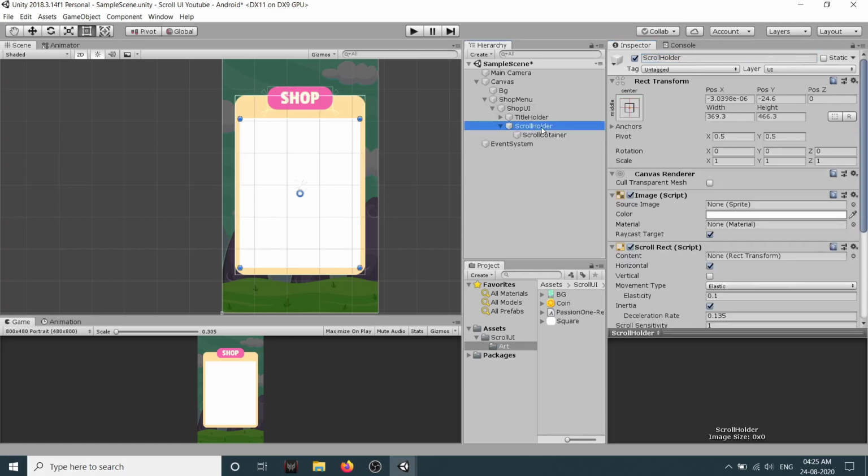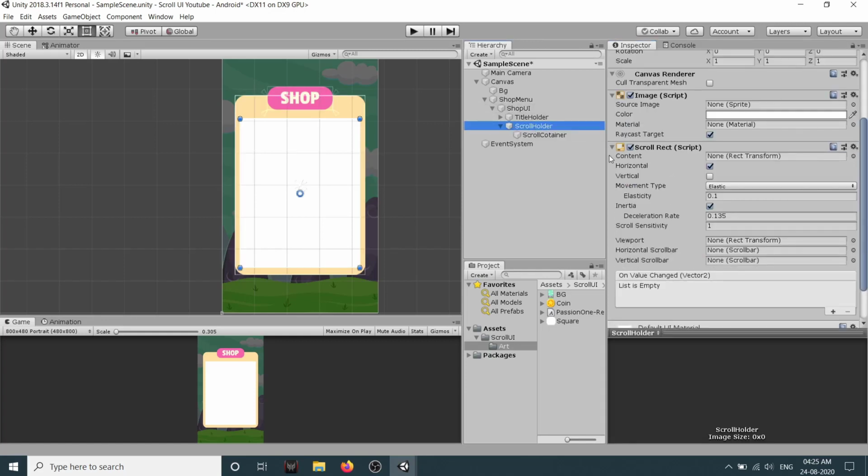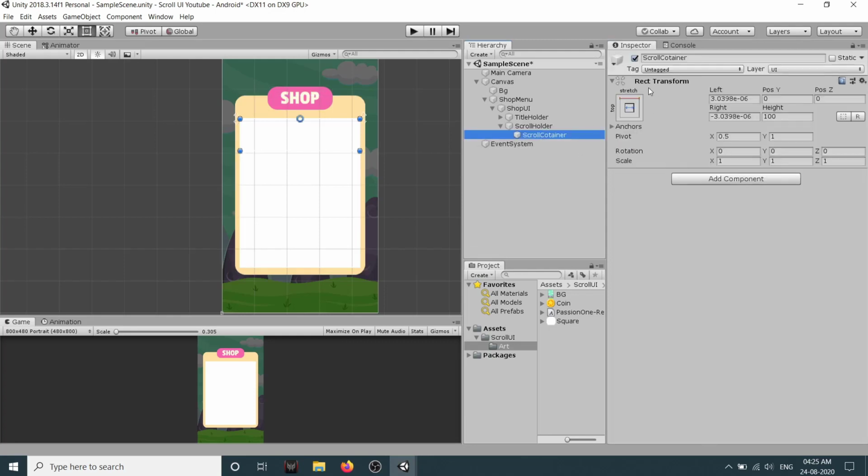And in our scroll holder we have a content, so let's drag it here, and instead of scroll container let's call it content. Okay.